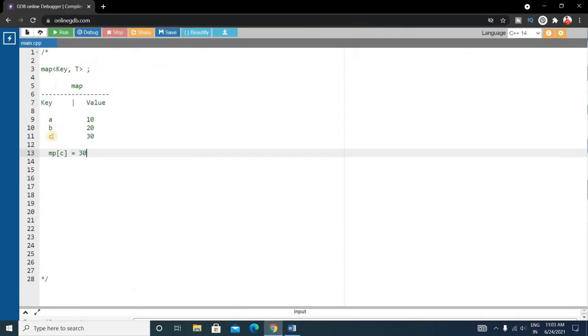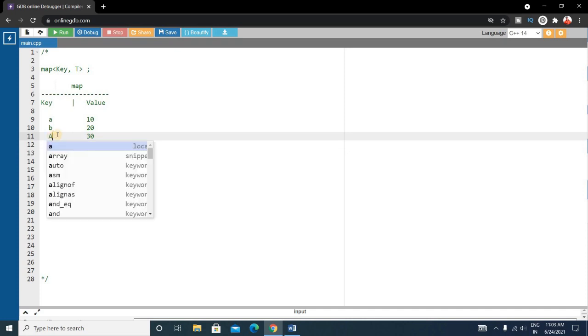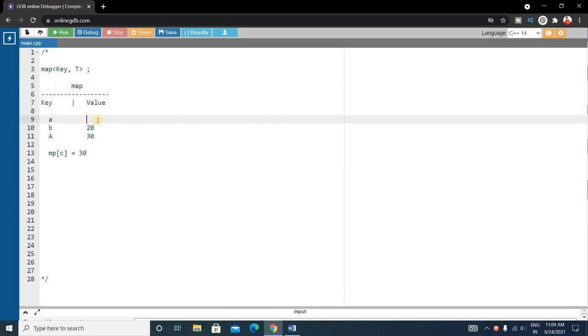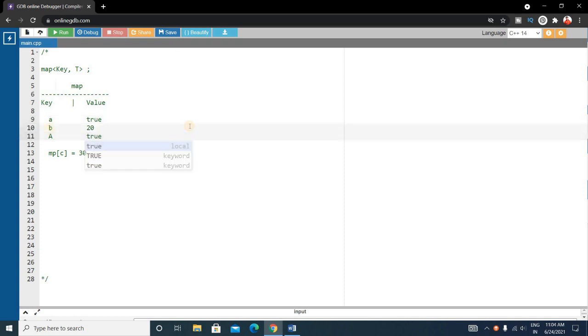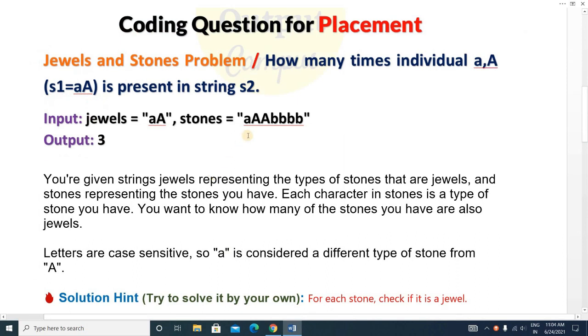So here will be small a and here will be capital A. When we are iterating we'll make this true, right here true. Similarly for capital A also we'll write true. That is, the keys will be small a and capital A, and their value will be true. Okay, so now our next step will be